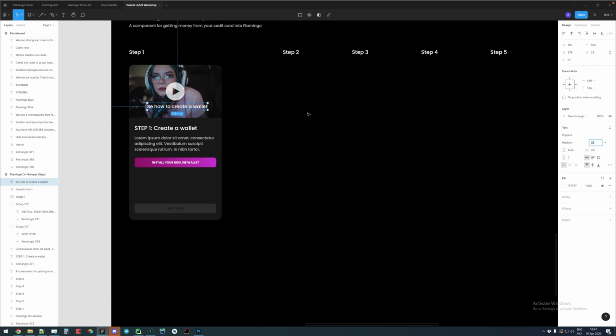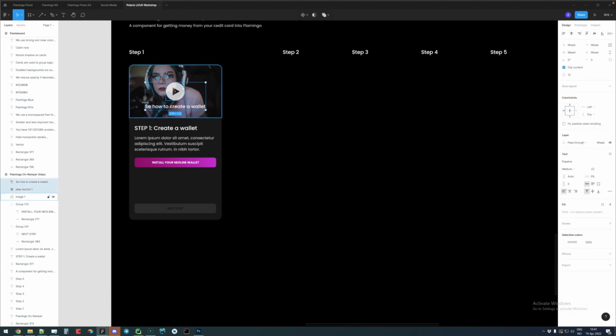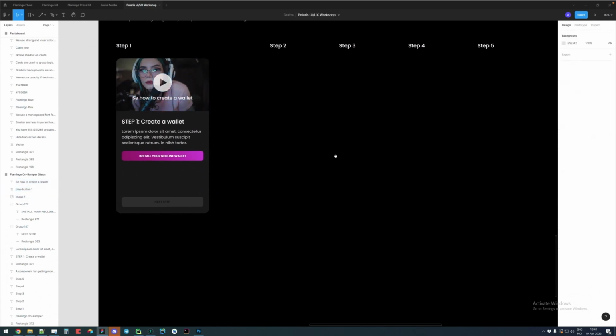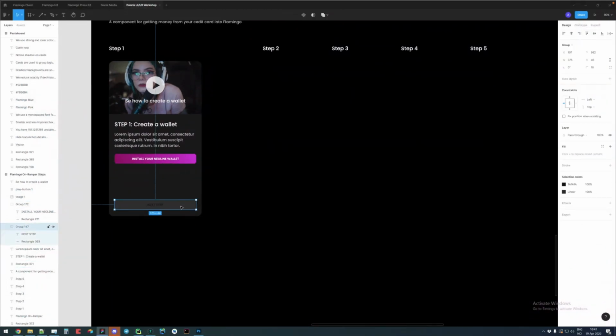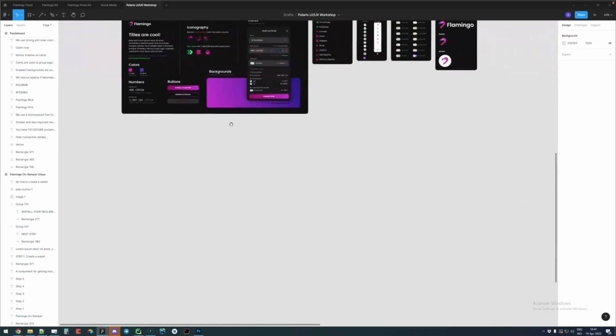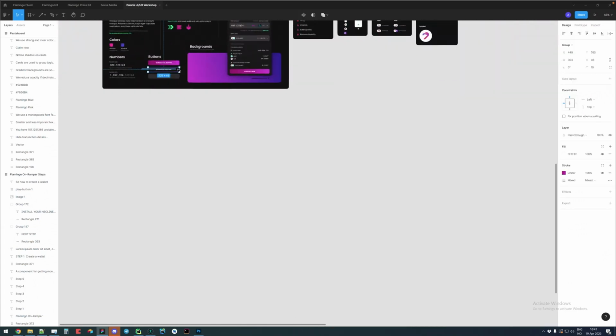I think that works well. Yeah. And we'll just align everything. Move it up. All right. And we can afford more text here, but I think maybe then the next step would be to